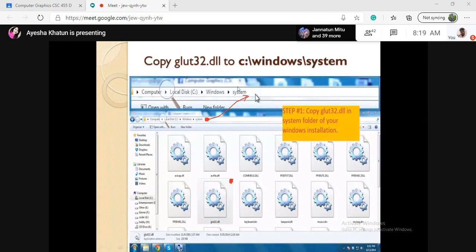So this is the place where you have to copy this function, the glut32.dll. Okay, so you have to copy this file to this folder. That is the second step. So the first step is to install Code::Blocks, and the second step is to copy this function to the system folder.